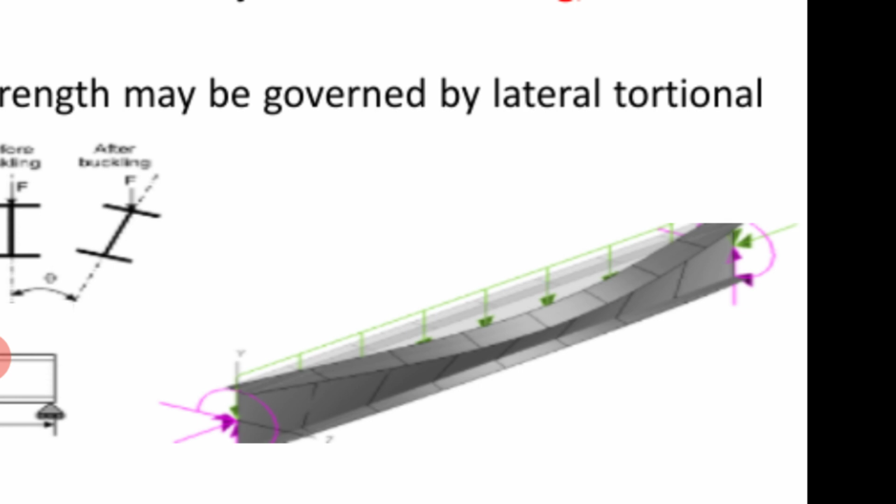The bending moment at which the beam fails by lateral buckling when subjected to a uniform end moment is called the elastic critical moment, MCR. That equation has also been given in the code, showing how to calculate the elastic critical moment. That is, the bending moment at which a beam fails, with the bending moment acting on both ends.